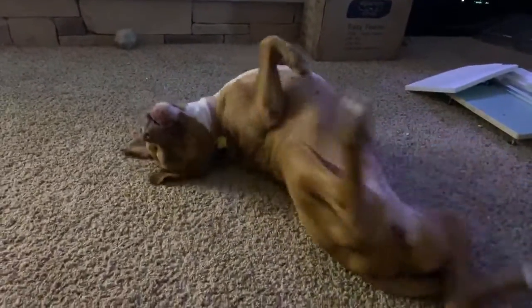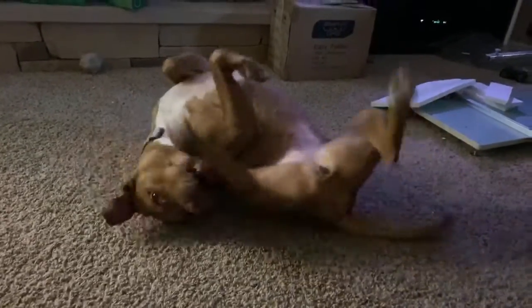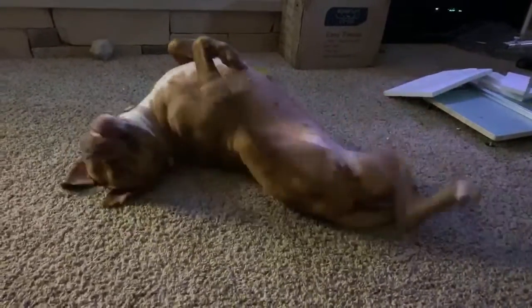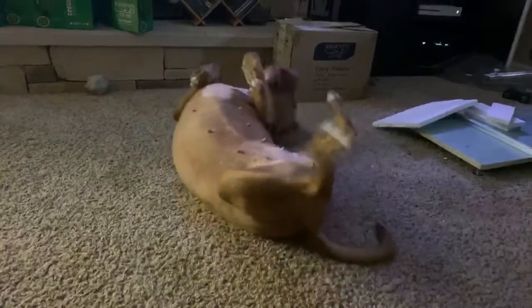Havana does this thing where she likes to, I say she's scratching her back, but she does this when she starts to get fired up, when she wants to play. 10-year-old dog wants to play. She doesn't act like she's 10. I mean, she sleeps a lot, but